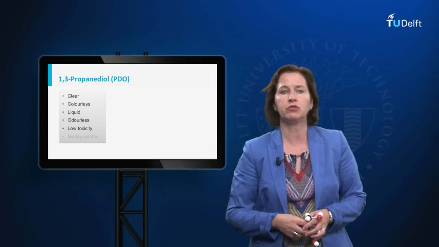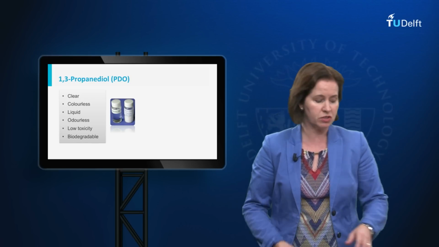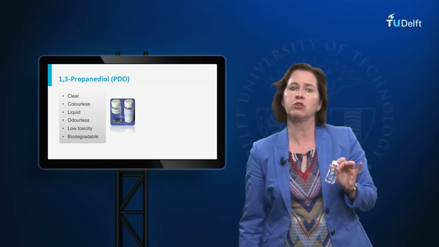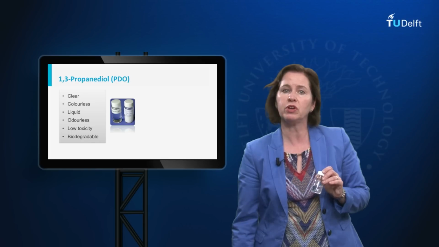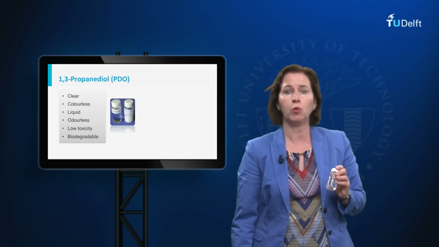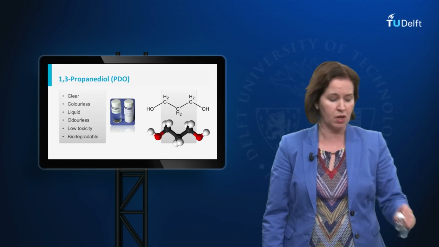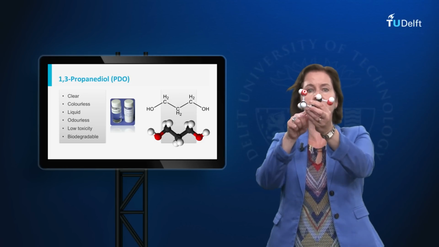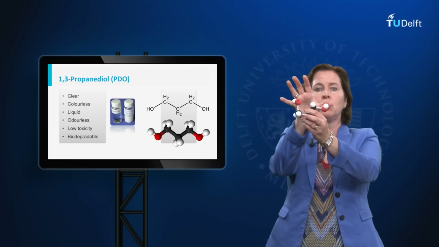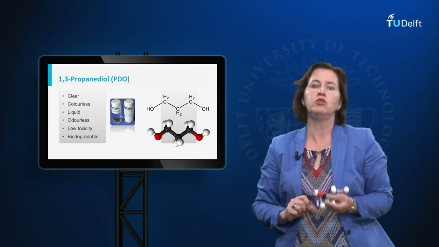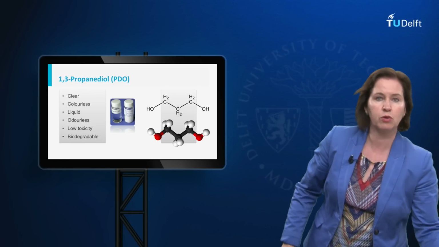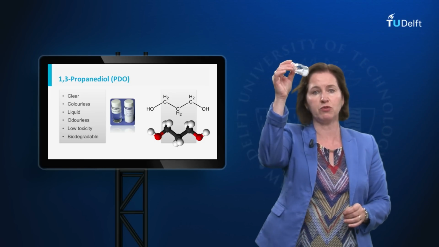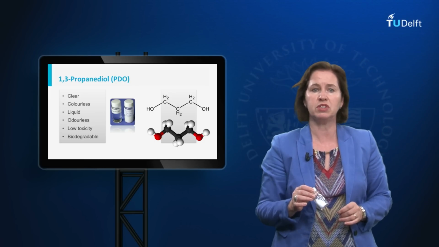Propanediol, commonly abbreviated to PDO, is a clear, colorless and odorless liquid, which has a low toxicity and is biodegradable. In the picture you can see this clear liquid on the left, which is bio-PDO. The molecule has 3 carbon atoms and there are 2 hydroxyl groups on each side. You might wonder what the product is, which is in the right bottle of the picture. That's actually the polymer that you can make from propanediol, and we will come to this in a minute.